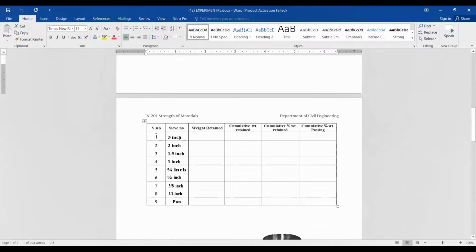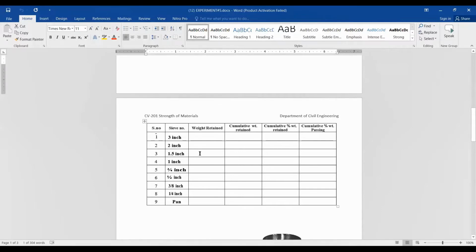I already told you what you should do. You have to write down the weight retained in the column, in grams. Whatever the weight retained on each sieve, write it in front of each sieve size in the column. Then you have cumulative weight retained, cumulative percentage weight retained, and cumulative percentage weight passing.